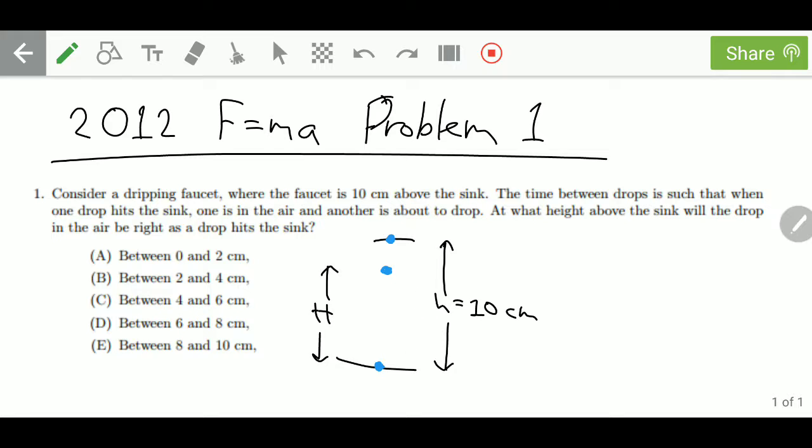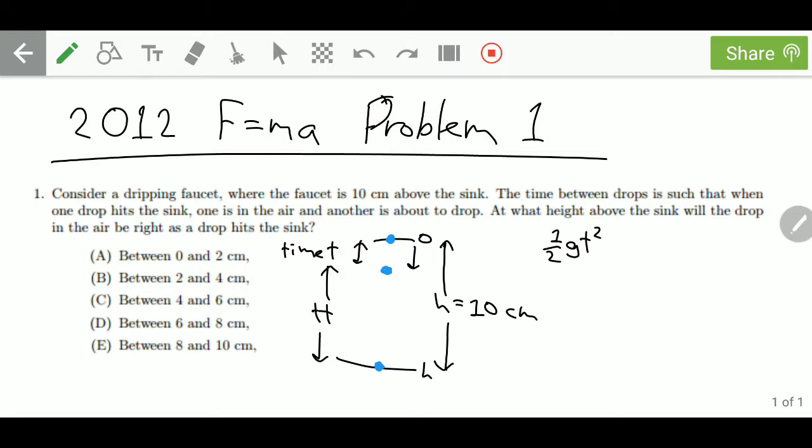So we can do this using relatively simple kinematics equations. So suppose that the time between drops is some time t. Then what we have is 1/2 gt squared. So the displacement of the drop will simply be 1/2 gt squared because it starts from rest, and we can say that if this is position 0 and then this is position h and this is the positive direction downward, then the displacement will be 1/2 gt squared in the amount of time t,